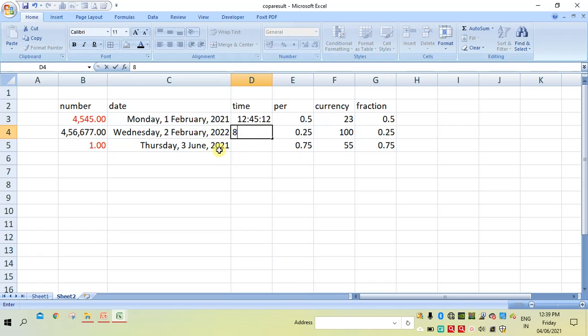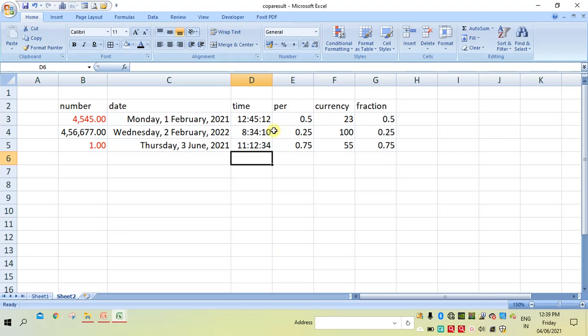One more example: 8, then 34, then 10 seconds. I will take all this. Next is 11, 12 minutes, 34 seconds. So these are one way of typing the time.